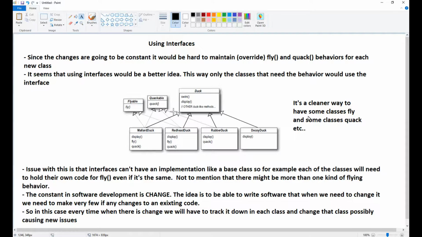So, like what we can see here, if we try to take our quack and fly behavior and create a quackable and flyable interface, and then use that interface in the objects that need it, it is definitely a cleaner way to have some classes fly, some quack, and some do both. However,